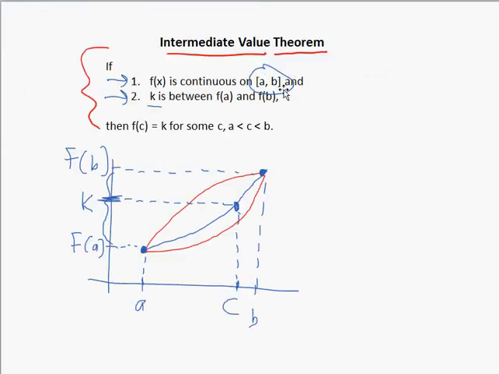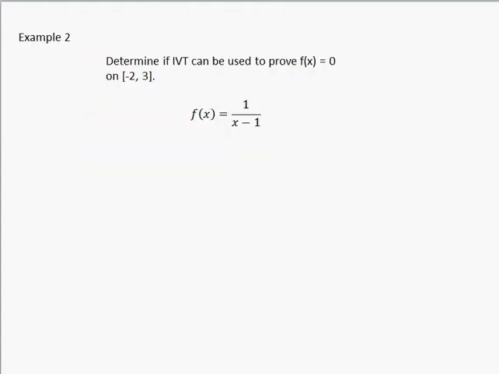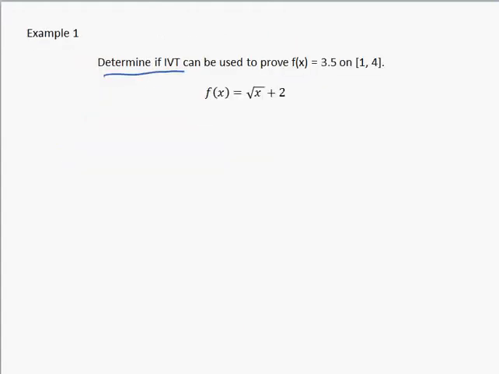Let's check this out here. That's example 2. Let's see this guy. f of x is the square root of x plus 2. This function's continuous as long as it's defined, and square root of x is defined everywhere x is greater than or equal to 0. And we're on the interval from 1 to 4, so this thing's defined everywhere, so it's also continuous. So that's what I'm going to write. Number 1,